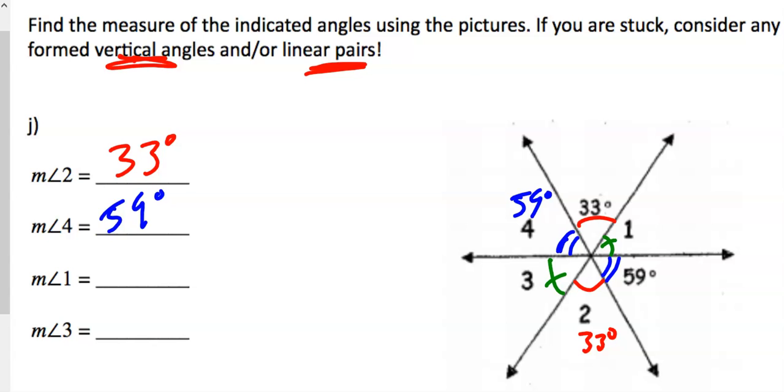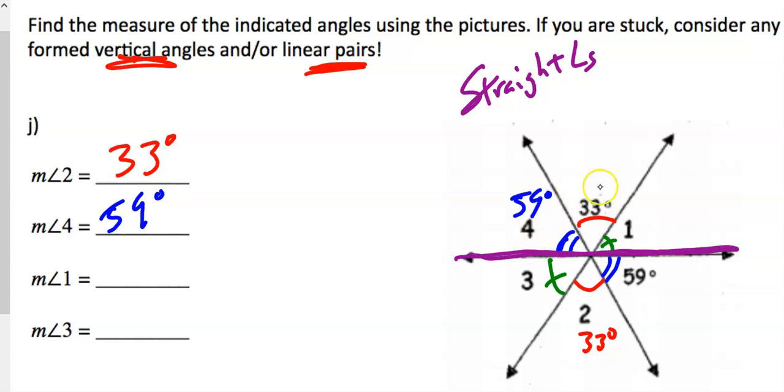Well, remember, we have a lot of straight angles here. So I'm going to point out one angle. It doesn't matter which one it is. I just picked one. I know this whole thing all the way through here is 180 degrees. Well, if this is 59 degrees, this is 33, this is the remaining portion of the angle I need to add up to 180. So if I do 180 minus 59